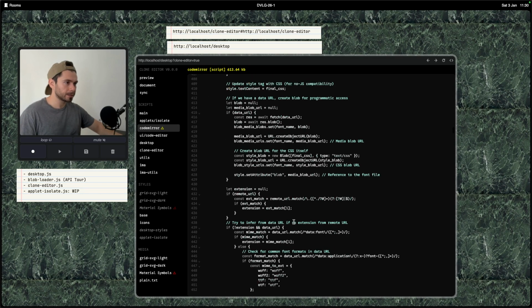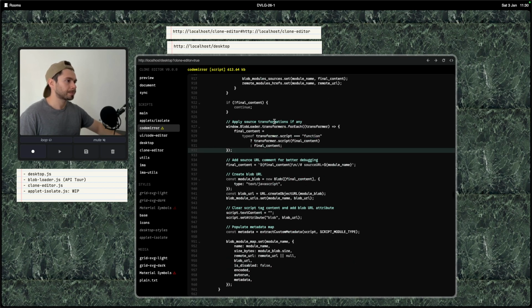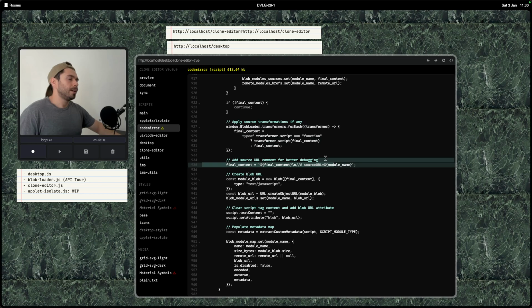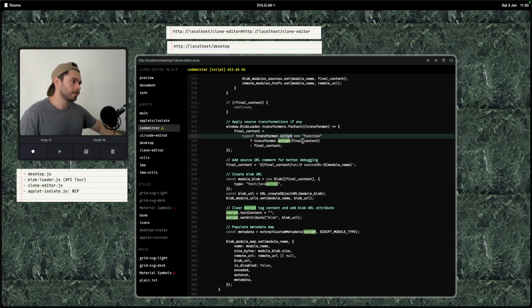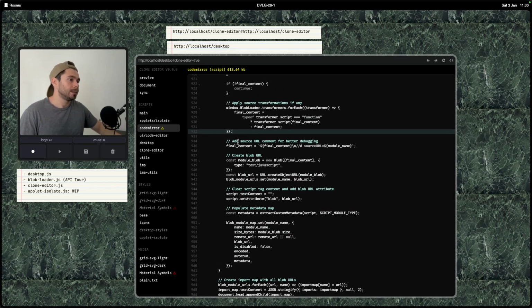So if we go back to where we were at about line 9-something, yeah. Here we check for that, do we have transformers, and then for each transformer we're gonna manipulate this. We're gonna look for a script function, and we're gonna pass it the final content. Otherwise, we're just gonna render the content as it is. And then this could actually just skip. Like, I don't know why I did this. This could totally just skip. Anyways,